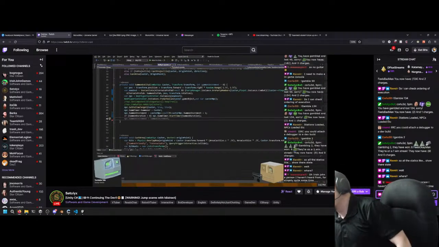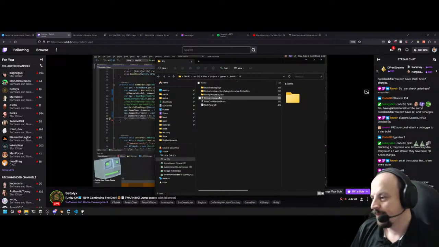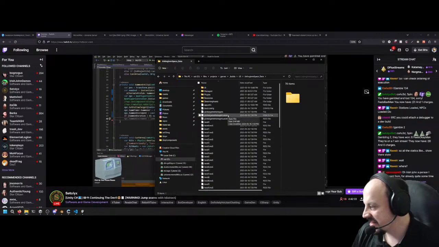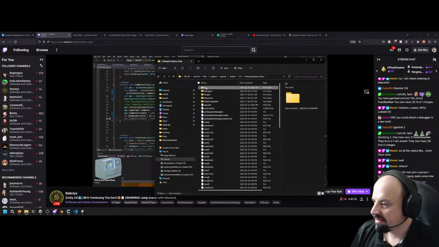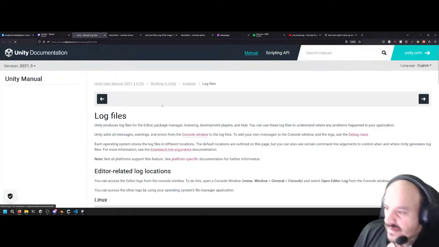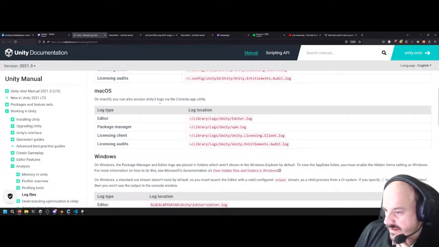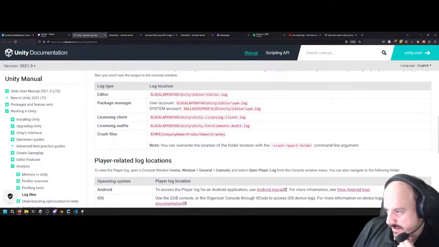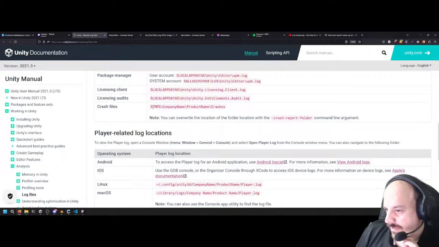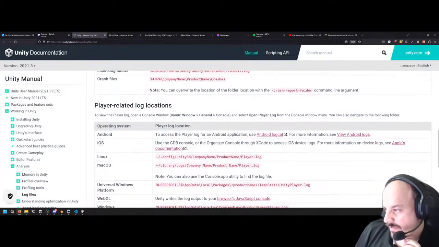Wait, where? Let's see. I'm not 100% sure where it is. So Unity game logs. There are log files that are generated. If you check right here, it'll tell you where to look for any of your log files, regardless of what operating system you're on. It's got lists for all of them, and you can see all of your debug logs in there. So if you are having troubles with that, that would definitely be the first place I would say to look, because then that saves you trouble. You don't have to build an in-game console or anything like that.